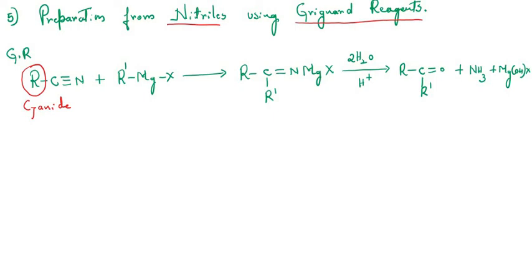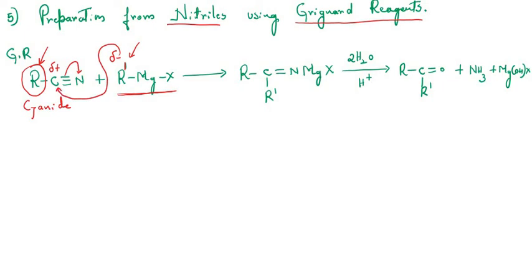Is it clear? So if the R of this is an alkyl group, when it is treated with Grignard reagents having the formula RMgX, I have written R dash just to differentiate between this R and this R. Is it clear, students? So basically these cyanides are polar compounds. Here the pi bond is a weak bond, it will shift towards nitrogen, and this carbon bears a positive charge. Likewise, in Grignard reagents, this R dash always acts as a nucleophile, so it has a partial negative charge. Now this R dash, which has a negative charge, will attack this carbon of the cyanide.